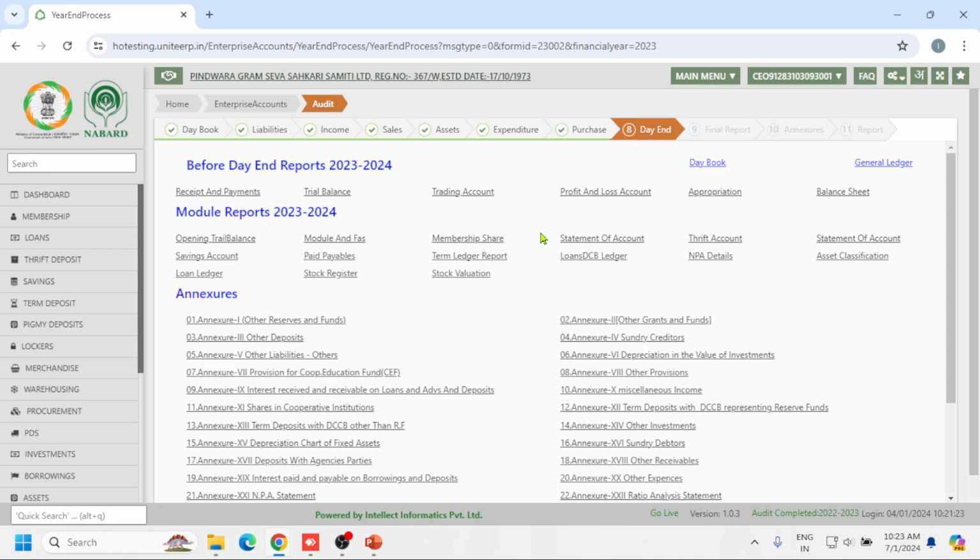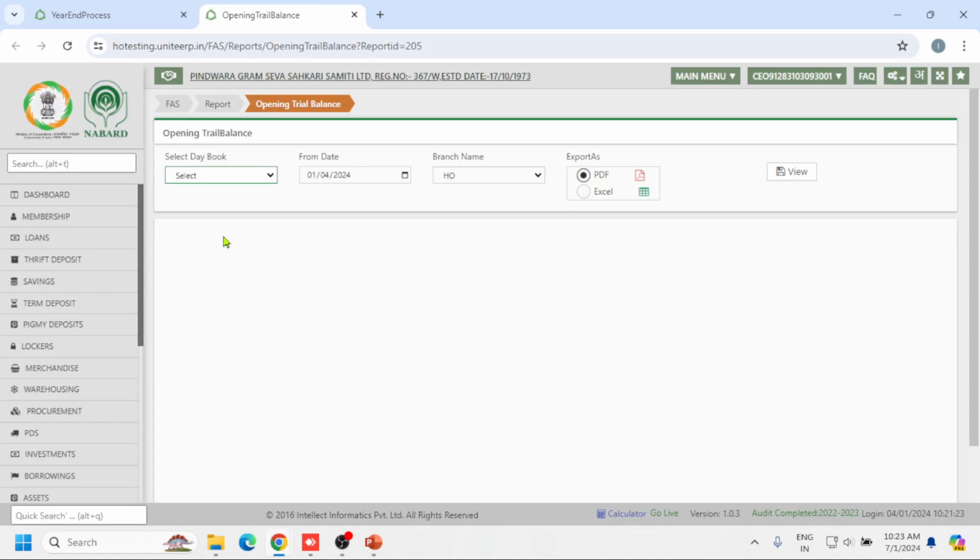From section 8, you have to select the opening trial balance. This is the report you have to first verify, whether the openings are tallied with the last year balance sheet or not. So click on opening trial balance. Select the opening trial balance here and your date should be 1/4/2023 or 1/4/2024, whatever the cutoff date we captured